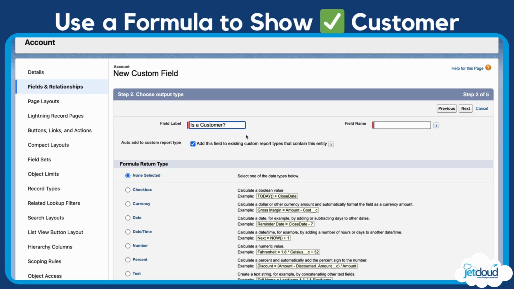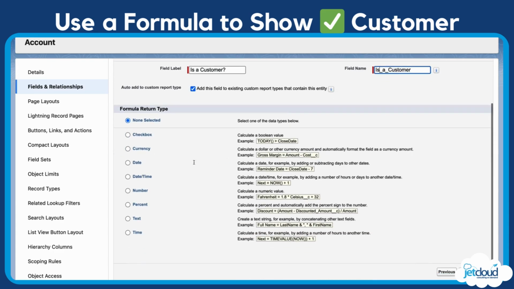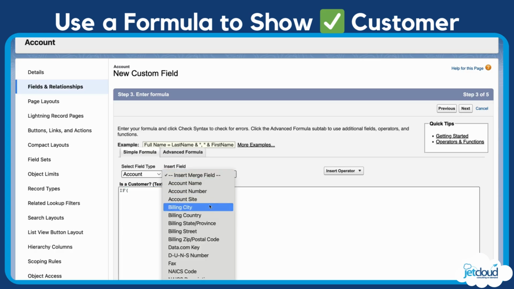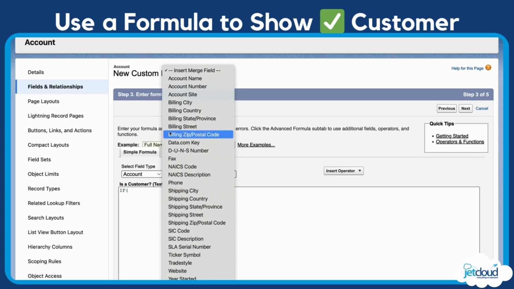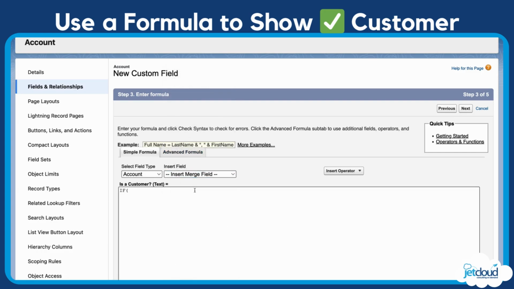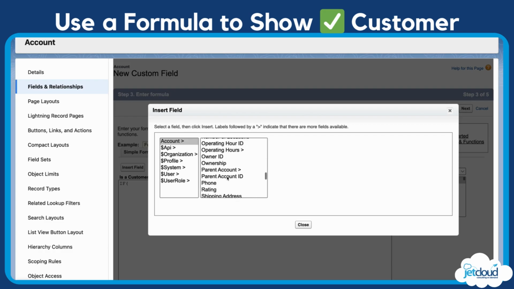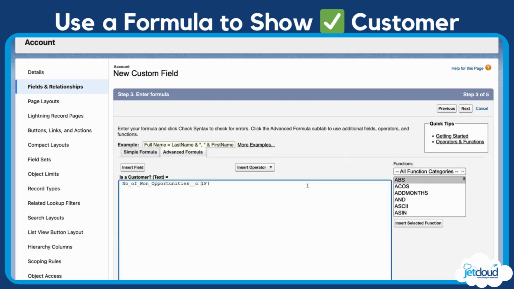And I might want to put in "is a customer" as my formula field. I'm going to create a text formula field, and we're going to look at that field we've just set up. I've got to look at advanced formula fields. If the number of won opportunities, I've just swapped that around, is greater than or equal to 1,